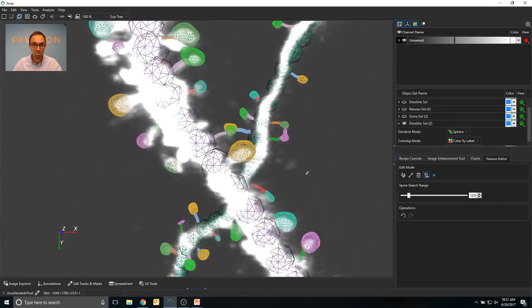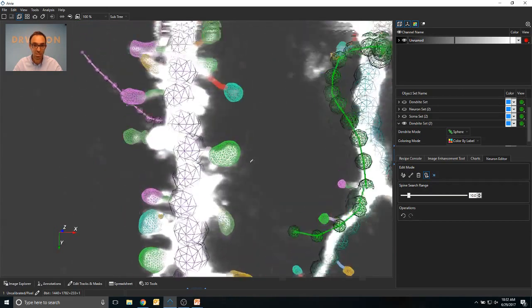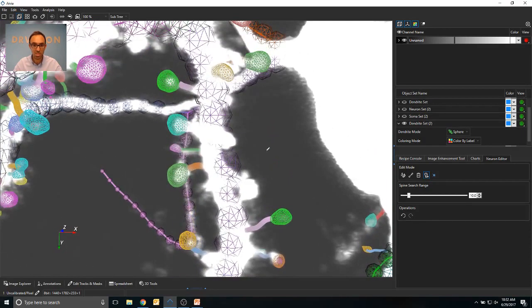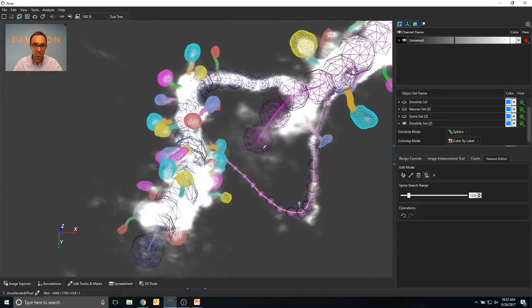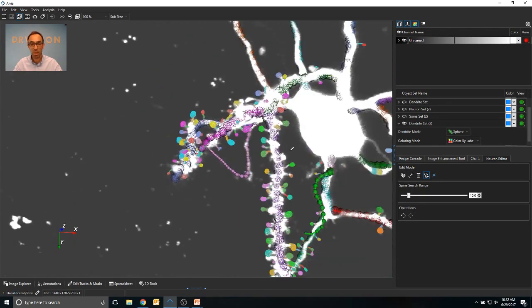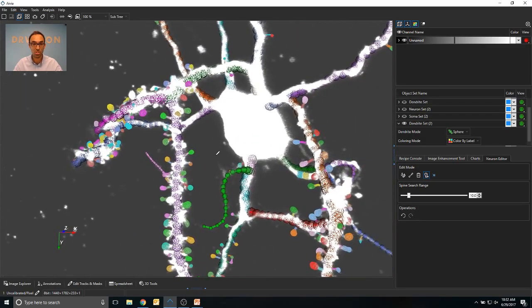Just gonna move around, see if I can spot any other. So this might be a stubby one, very small. Yeah, it seems like it's actually inside of the dendrite, so we won't trace that one. There's another one that was missing, and so on. So you could go around and identify different spines. So perhaps this is another spine right here. You can identify spines that are missing and you can manually add them. And that's one of the new features in Aivia